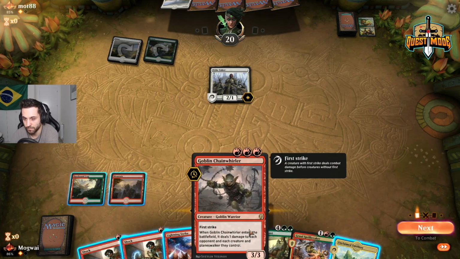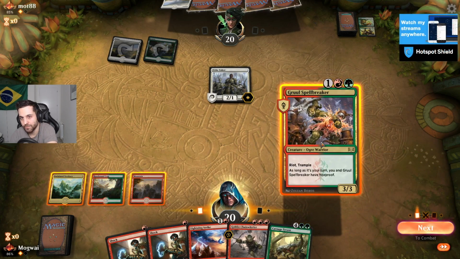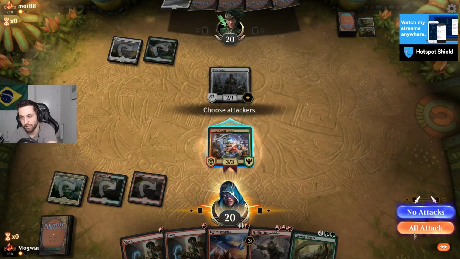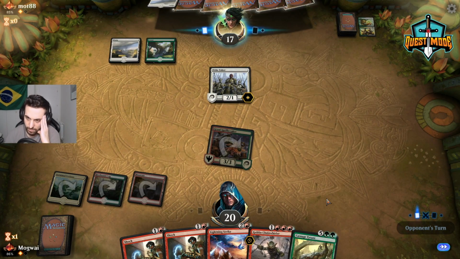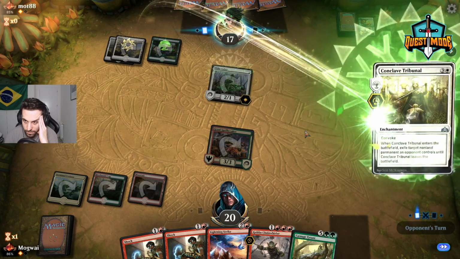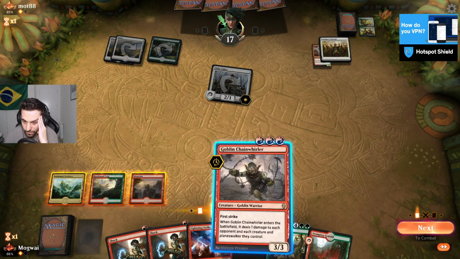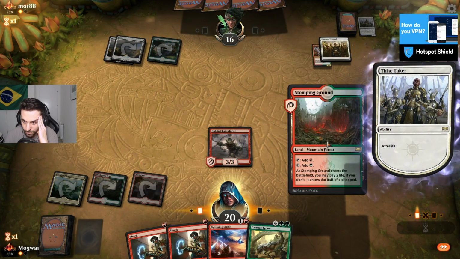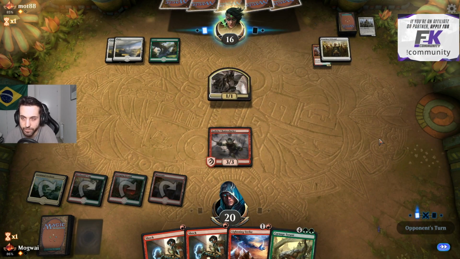Alright, I'll go for the warrior. And I could set it up now, but I'd rather just start going for damage, right? I think going for damage is important here. Because I know he's not going to trade, so I may as well just drop this and deal 3 damage. I could wait for me to draw into a status statue, but